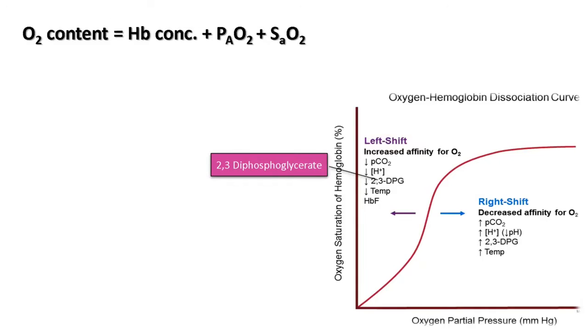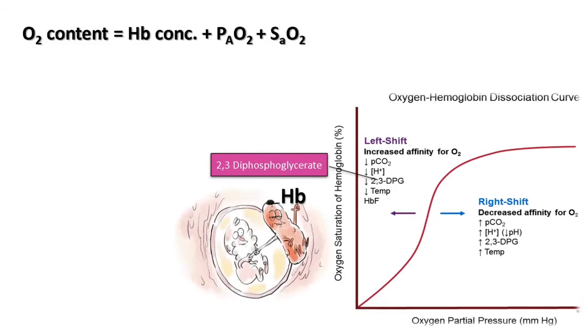The high concentration of 2,3-DPG, that's nothing but 2,3-diphosphoglycerate, shifts the curve towards the right, which is essentially significant in the placenta, where 2,3-DPG interacts readily with the adult hemoglobin, reducing oxygen unloading from the hemoglobin so that it's easily available for the fetus.